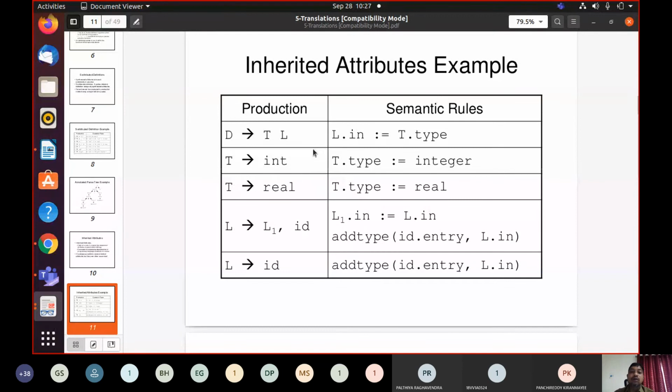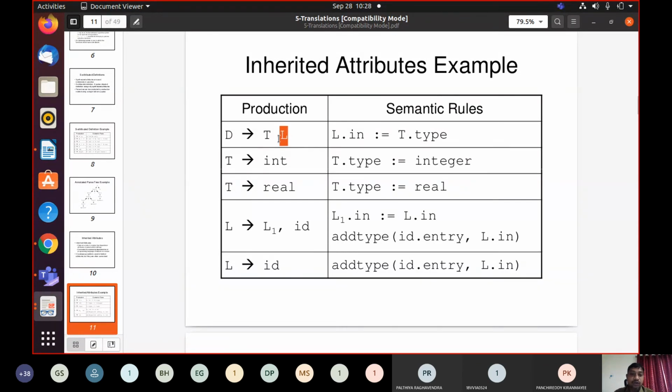You want to know the type of x. What is the type of x? Int, isn't it?